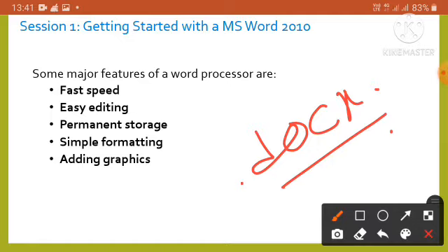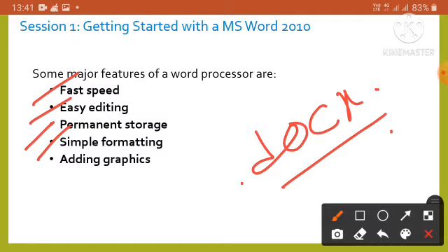Some major features of this word processor are fast speed, which enables us to type much faster as compared to any conventional typewriter; easy writing and easy editing, so it allows us to perform all types of editing tasks in a text document, such as insertion, deletion and other modifications; permanent storage, which allows us to save our text document and access it whenever required; and simple formatting, which enables us to format our document easily.